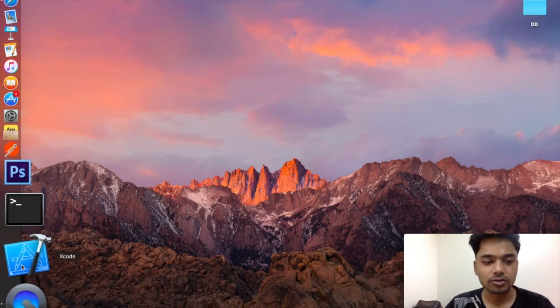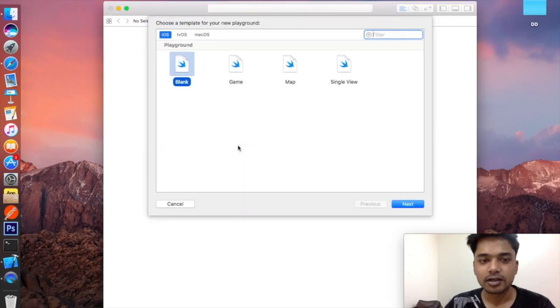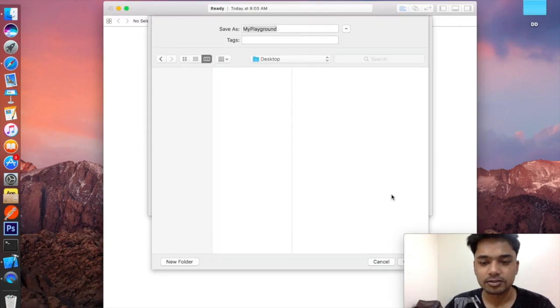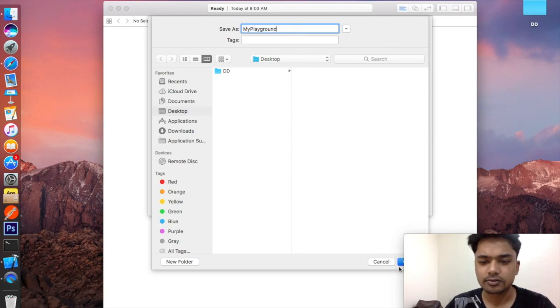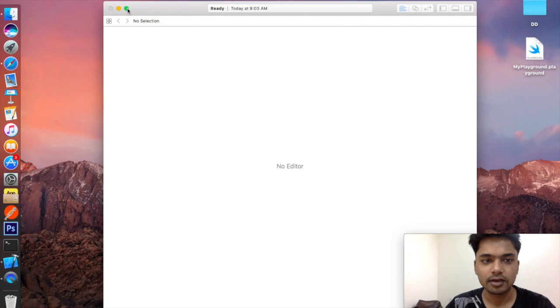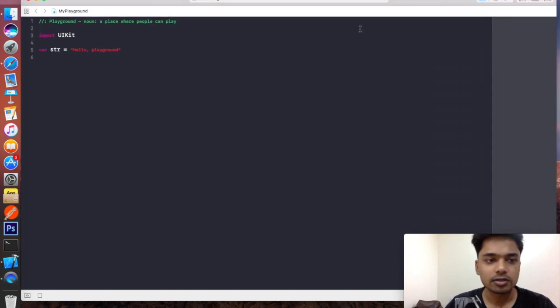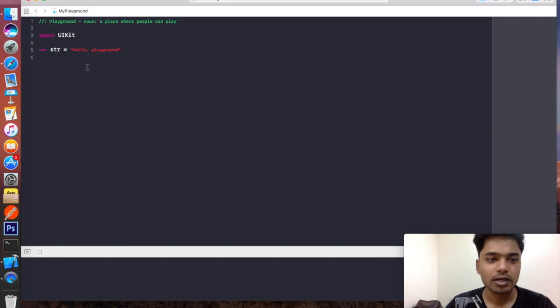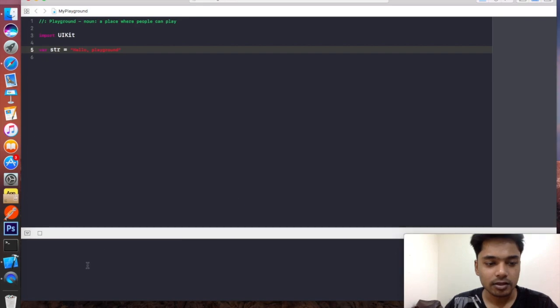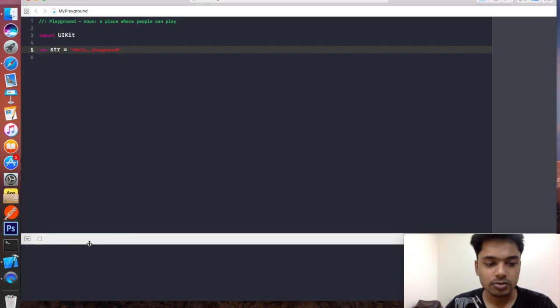So guys, let's open Xcode and get started with the playground. I'll take a blank playground, then next, and I'll give it a name, say my playground itself, and click on next, and here we have our playground window. So let me introduce you to three major things we have here. Where you can see the code, you need to write all our code here, and in the right window you will see the results of that code. In my upcoming videos I will show you the real beauty of this playground to improve your coding practices. This is really amazing. And here below in the bottom you can see the console